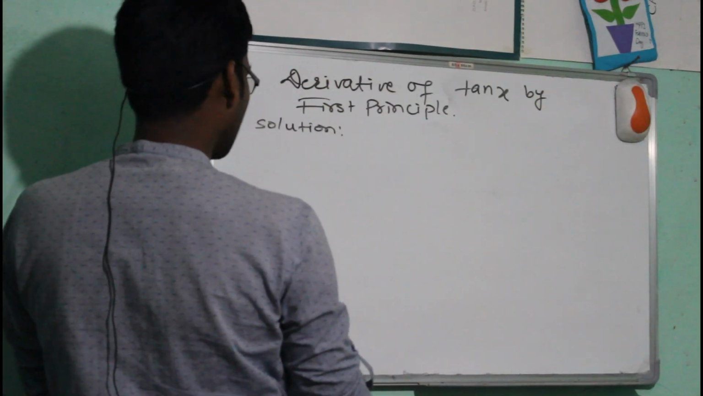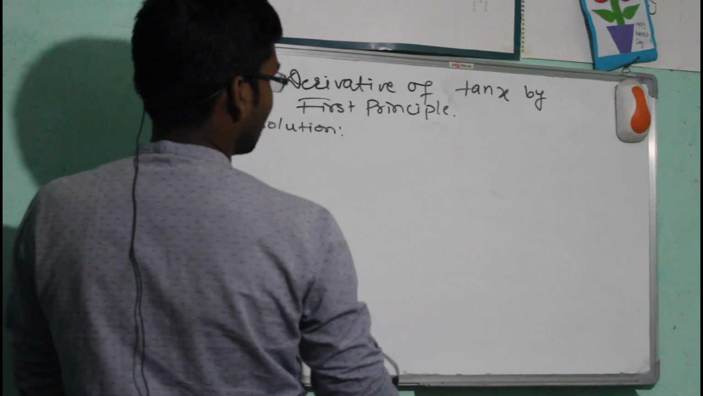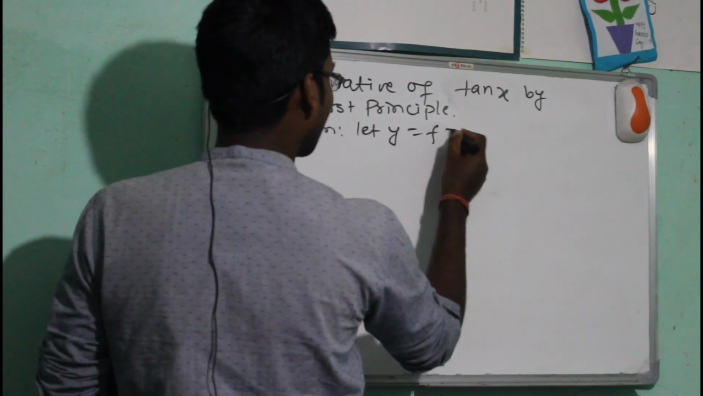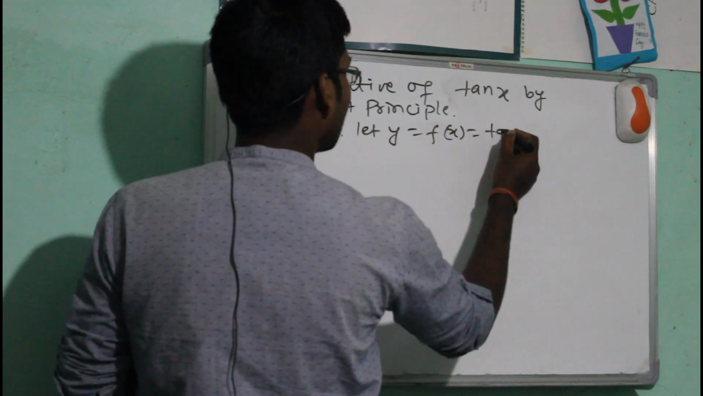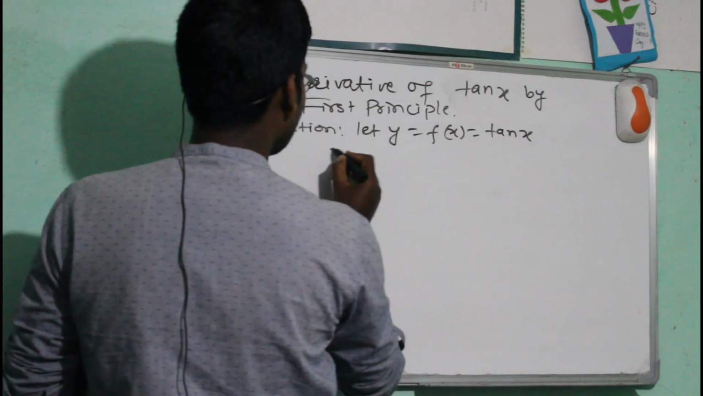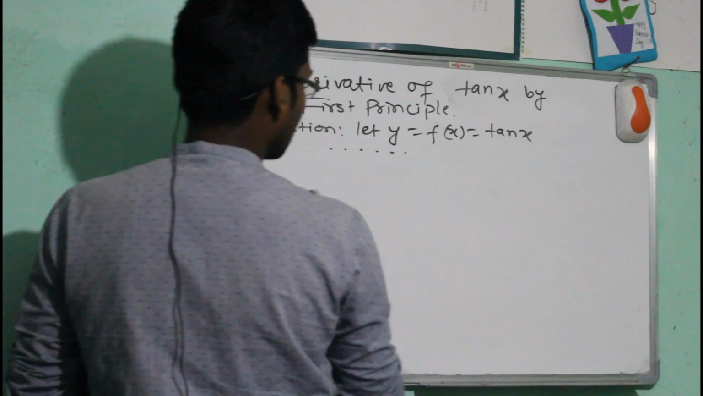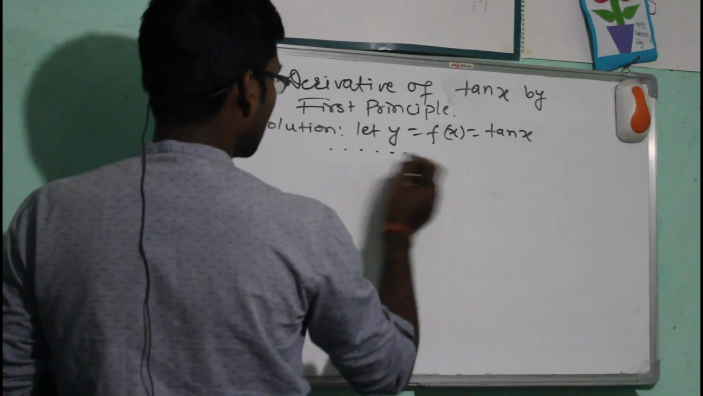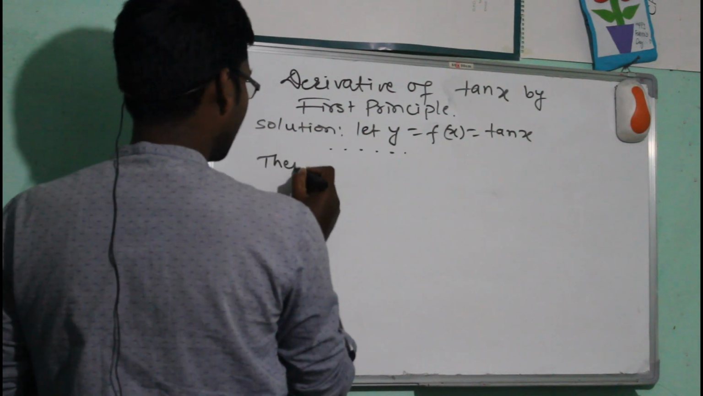So as before, we'll start like this. So let y equals f(x) equals tan x, and then write the limit definition, and for that you can see my previous video. Now then it will be